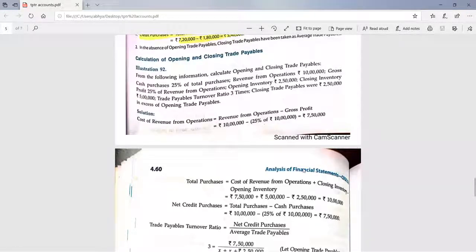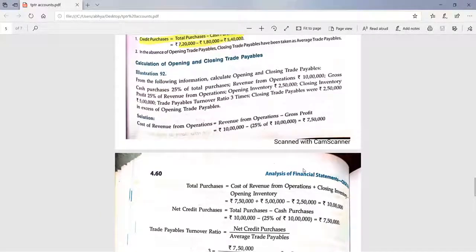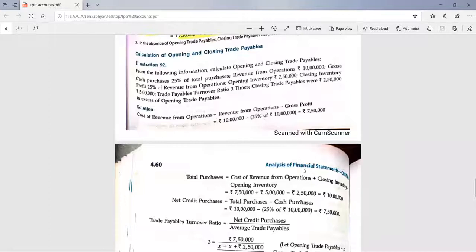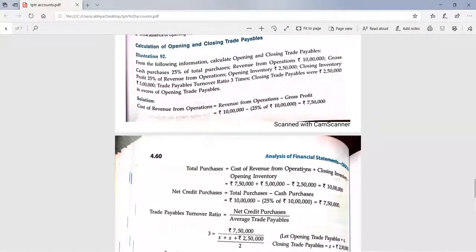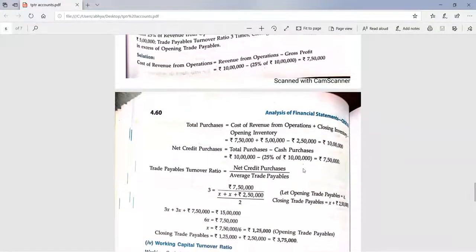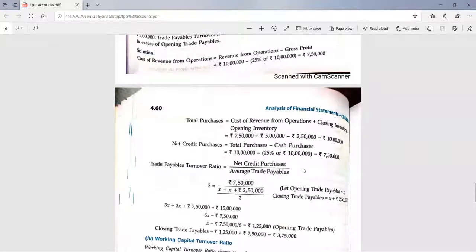In the first step we have found out the cost of RFO. In second step, by putting the formula of cost of RFO, which we have already studied in 11th class too, we will be able to find out total purchases. Then out of the total purchases, by the given information in the question, cash purchases are 25%. We need to find out the cash purchases, which is 250. So total purchases minus cash purchases is equal to 750. Yes, this is the answer. Net credit purchases are 7,50,000